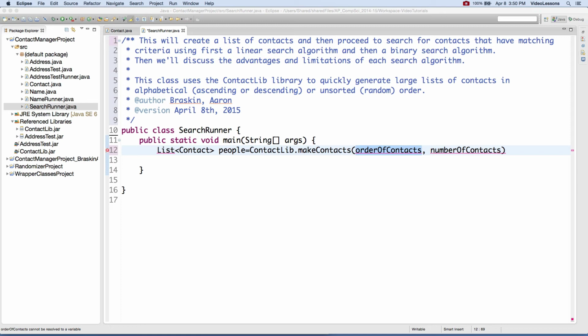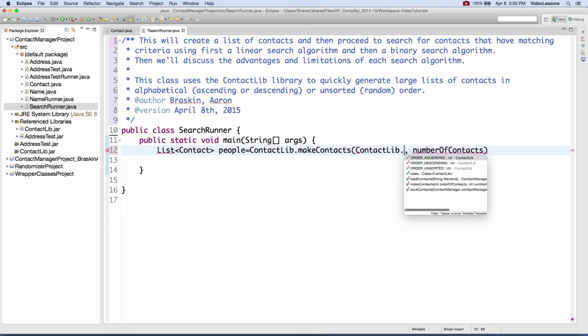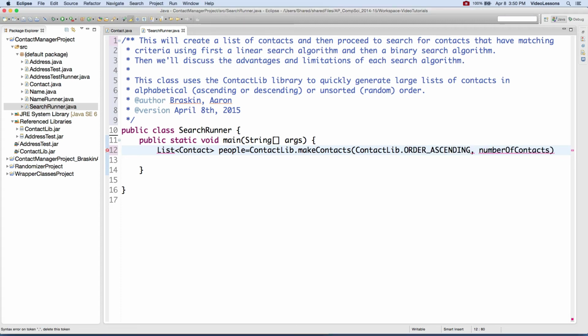Well, we could see by typing contact lib dot, and then notice there's these what we call constants here. Order ascending, order descending, and order unsorted. Well, we want a list of contacts in ascending order, so we're going to choose order ascending, and then we can tell it how many contacts we want. We're going to go with 20 contacts,